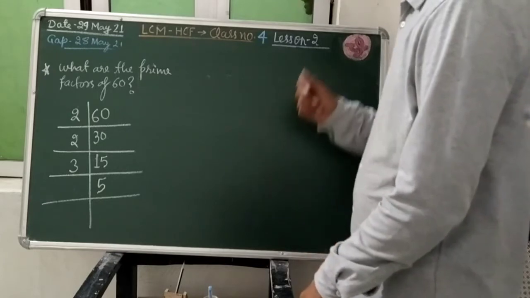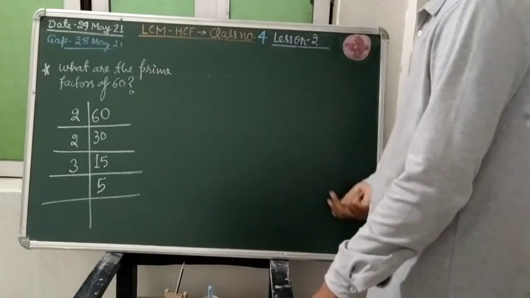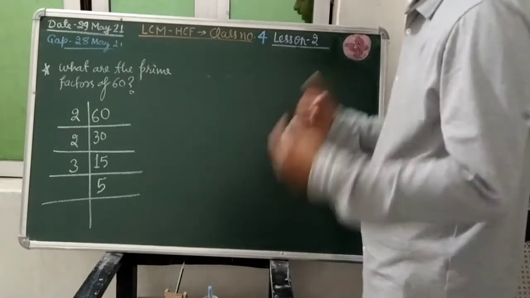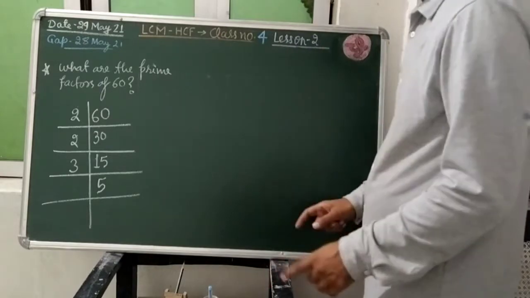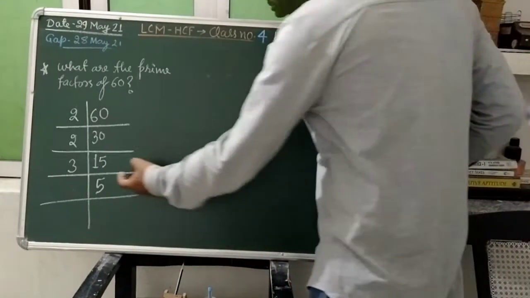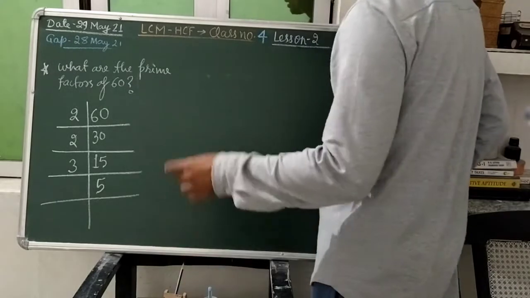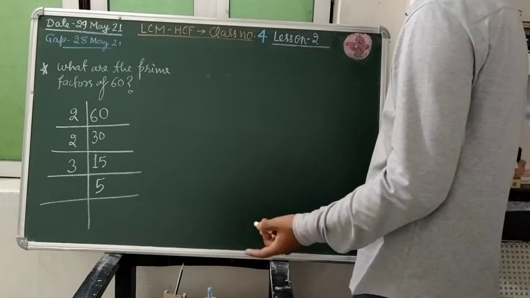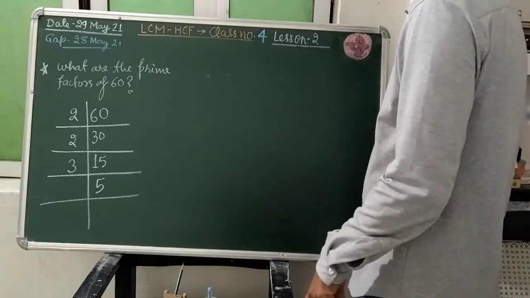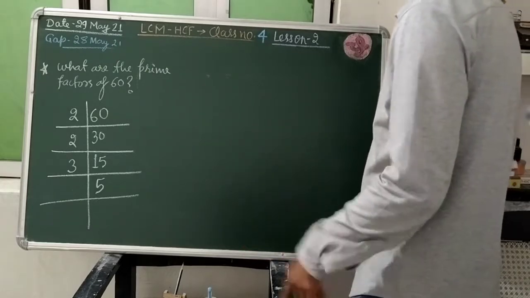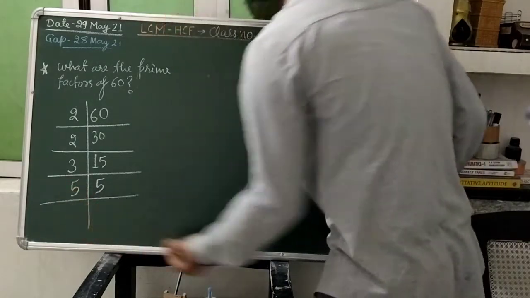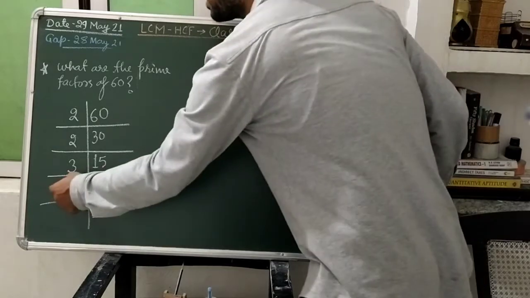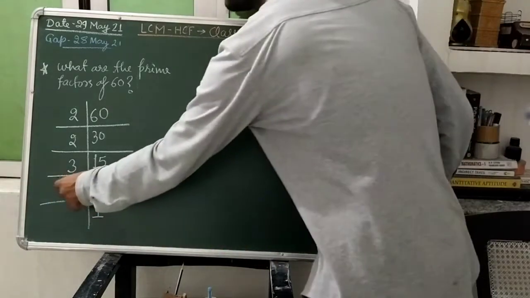Isn't it? And you are looking that factors of any number are those numbers which are going to divide the number. So of course for a prime number we have seen that only 1 and the number itself will be the factors of that number. So students, 1 we shall not select. So next what shall we select? 5. It is a prime number.